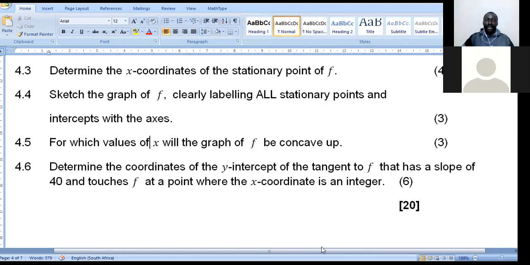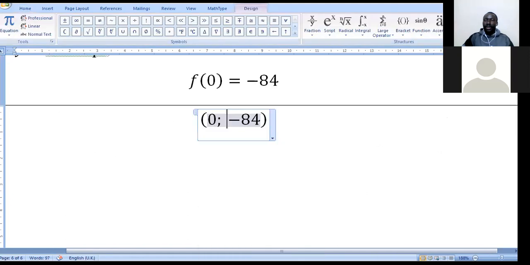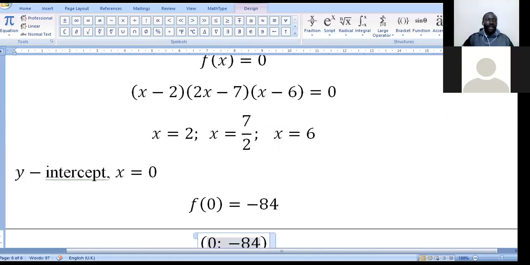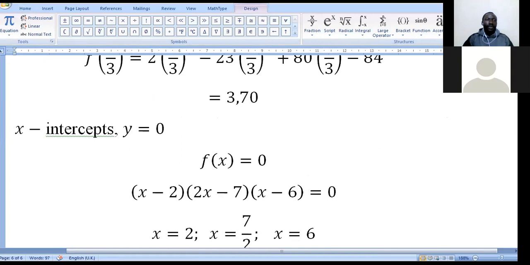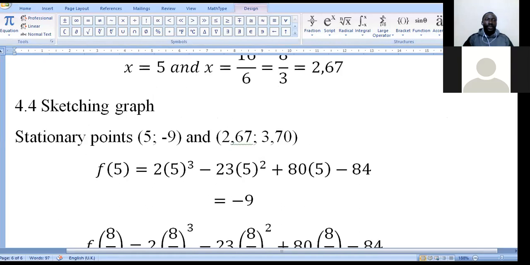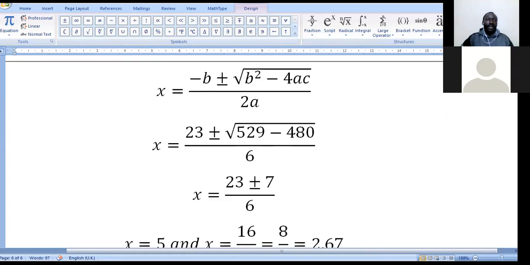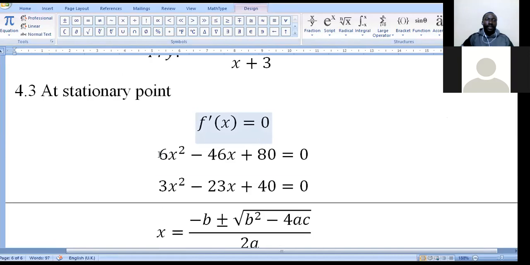That one we have to get the second derivative first. We already got the first derivative somewhere. Let's see, where is the first derivative? The first derivative, when we were finding the turning points, is right here. You see, this is the first derivative. Now we have to find the second derivative. So when we differentiate this for the second time,